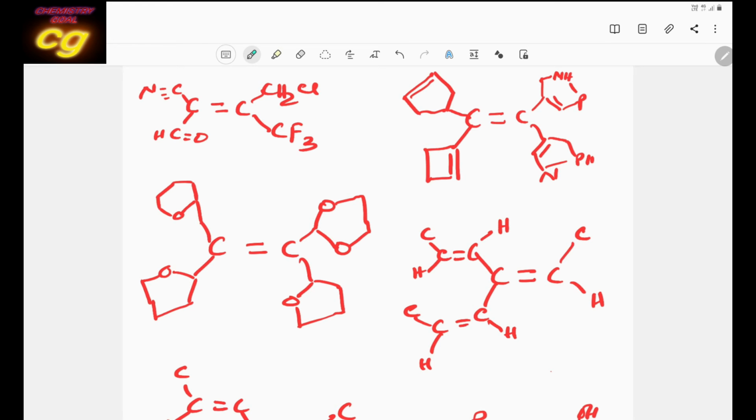Here you see, carbon attached to carbon, carbon attached to carbon, then carbon attached to chlorine, then carbon attached to fluorine, so it will be 1, it will be 2. Next carbon is higher priority because chlorine, here fluorine. So here is the case carbon attached to nitrogen.